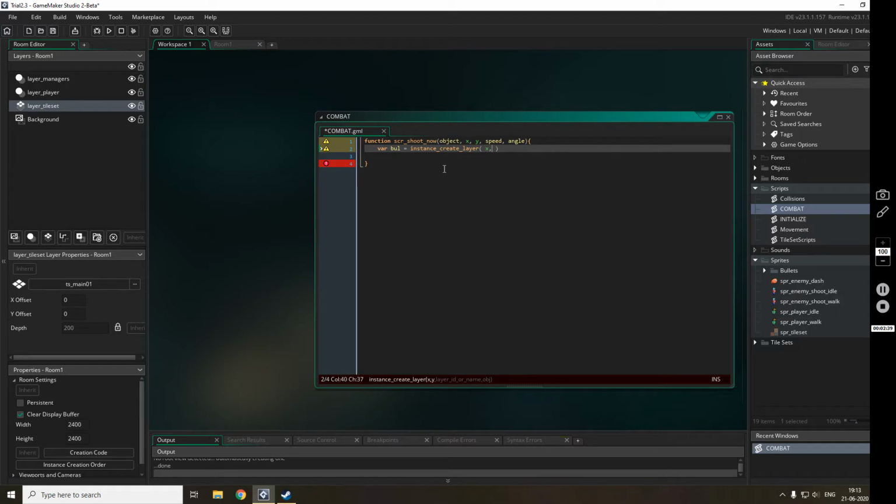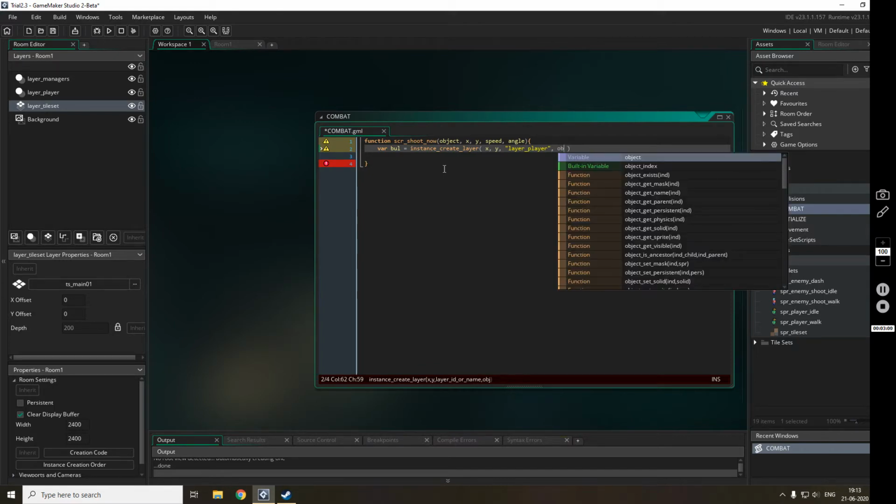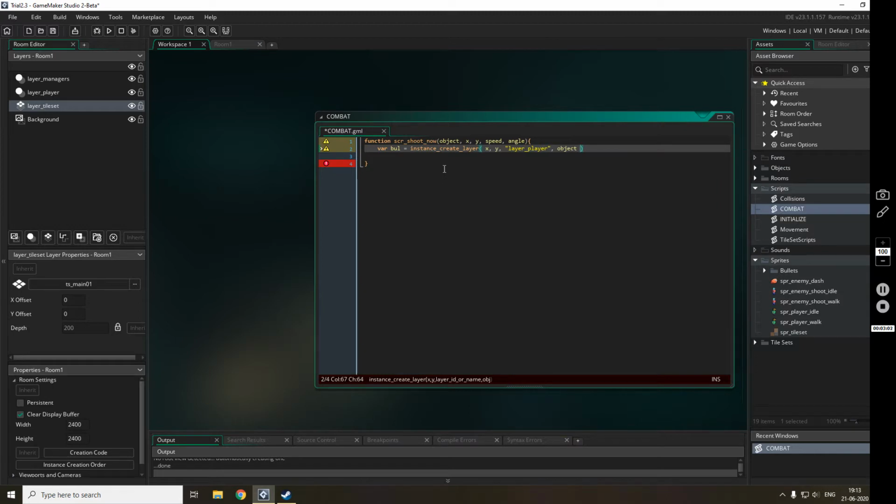So x, y, and then I'll be giving the layer, player, and then the object name that I have to instantiate, which the function will have in its parameter list. So this is all. We have created the bullet.